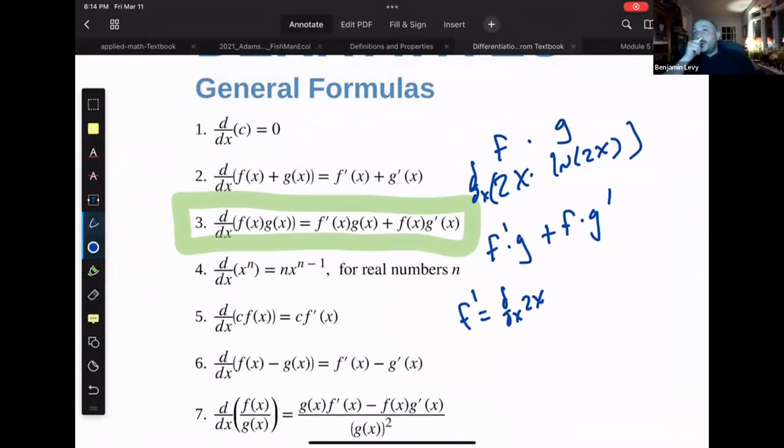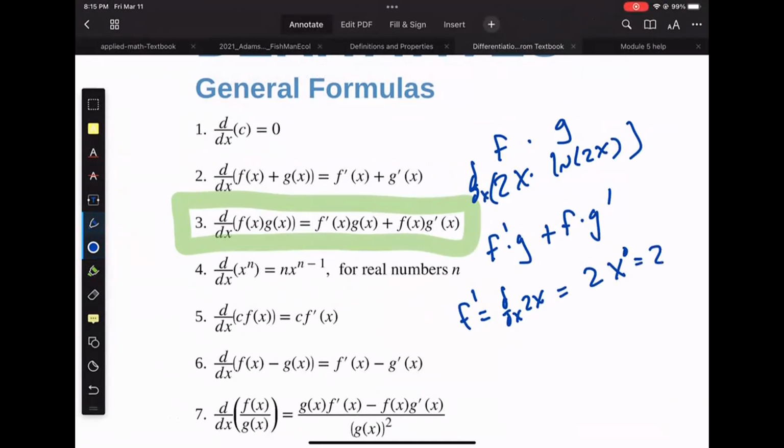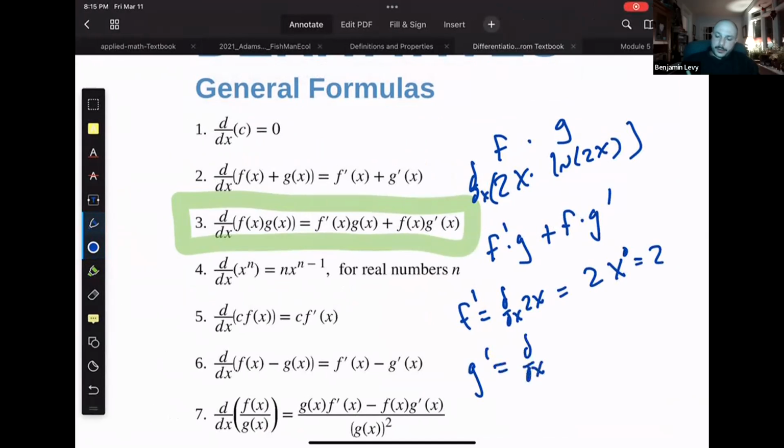So we'd use a power rule on the first one, the f, and so that just becomes 2, right? Because you bring down the 1 and the x goes away. Do you want to see that detail? It becomes 2x to the 0, which is just 2. Yep. And then g prime is another chain rule, because we want to take the derivative of ln, but there's